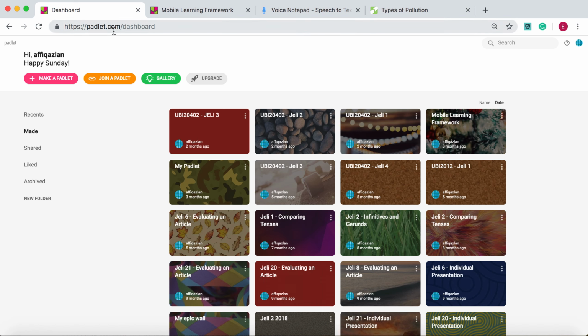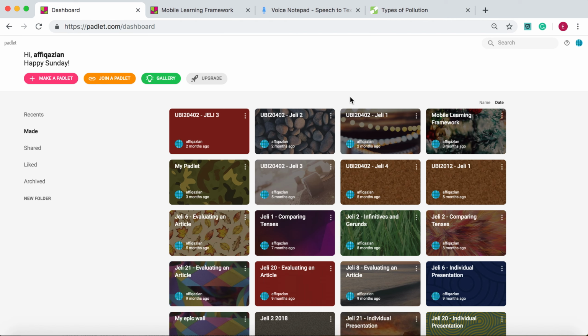First is Padlet. What you need to do is explain to the judges that the framework that we have is applicable in all English language settings, be it in primary school, secondary, colleges or universities. Whenever they have English language subjects, this mobile framework is applicable for them to apply. So you can explain to the judges that